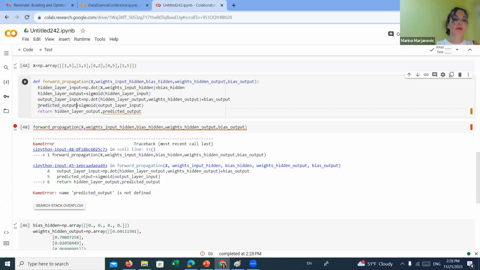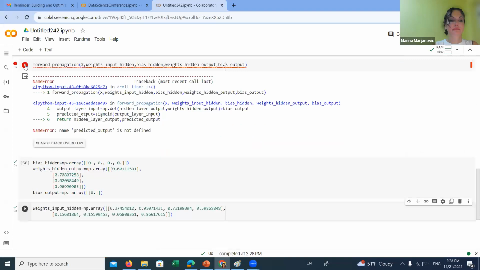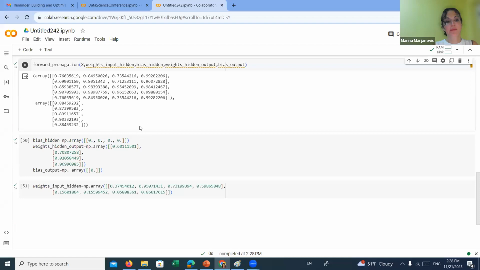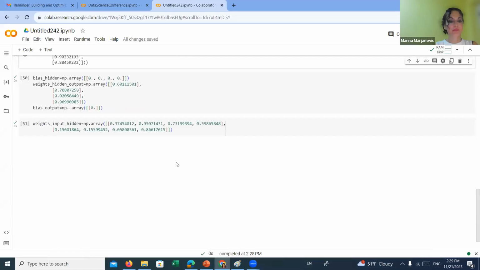Here. It is what we are obtaining after the first forward propagation. So we are obtaining this vector. So let's now define